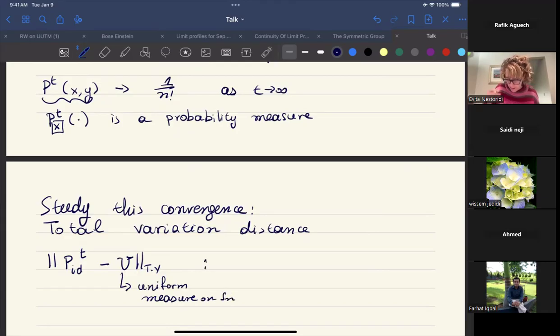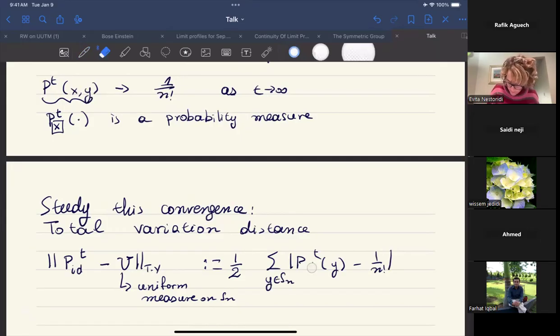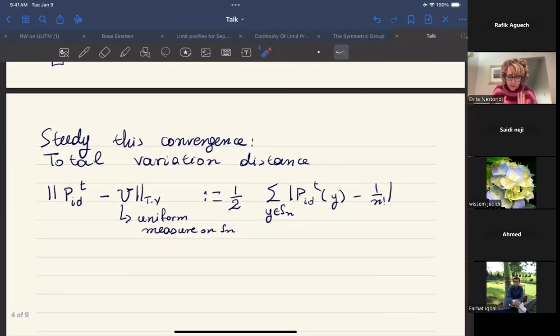So this is defined to be 1/2 of the L1 norm between these two, say, identity here. And then here we add over all y's in S_n. Let me write this a little bit better. Okay, so we look at all differences between the y entry of the identity row of P to the t and the uniform measure. We take the absolute value and we add all these errors. This 1/2 is just so that this function takes values between 0 and 1, and one can have some sort of probability behavior there. So this is the distance that we